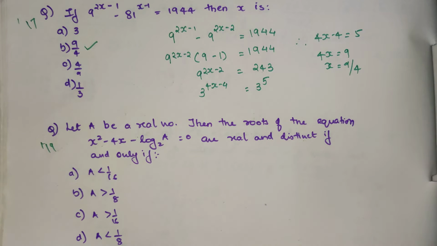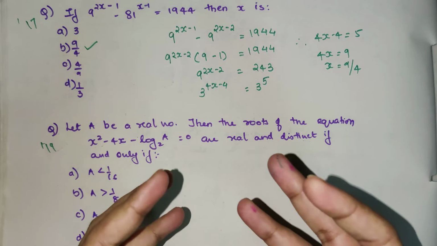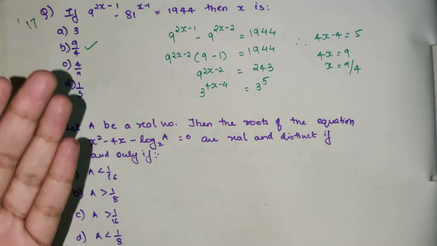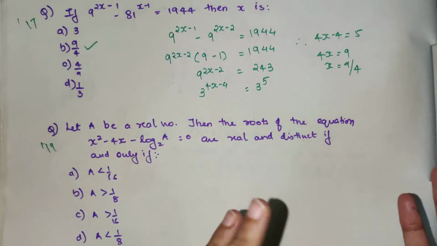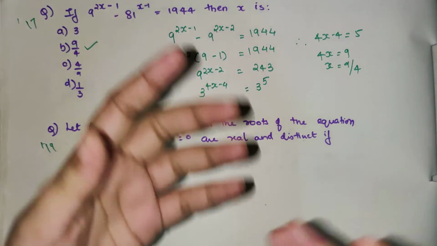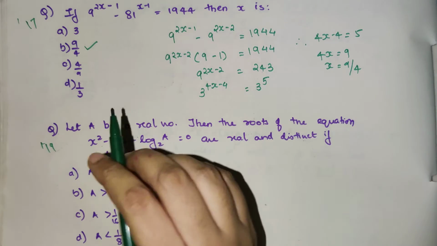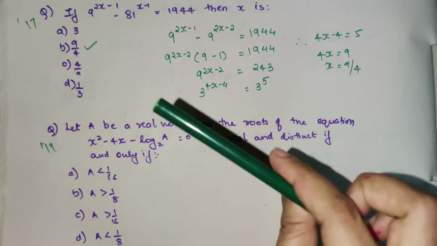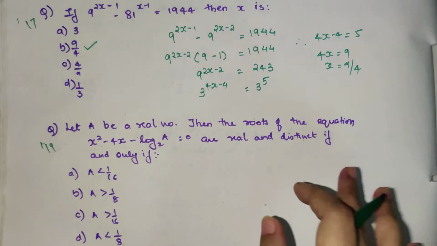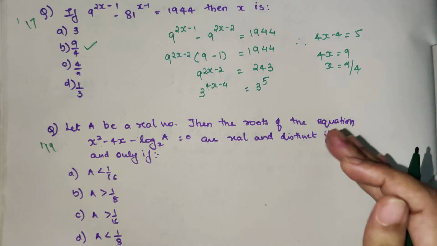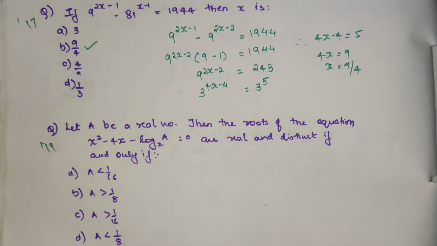the discriminant. I have made a video on how a discriminant works, and when you should equate it to 0, when it should be less than 0, when it should be greater than 0, when it should be greater than or equal to 0. All of those scenarios are covered in that video. The link will be available on top or somewhere in the description. Please go ahead and check that out without fail, because I cannot emphasize enough how many times the questions asked in these entrance exams are based solely on the discriminant.